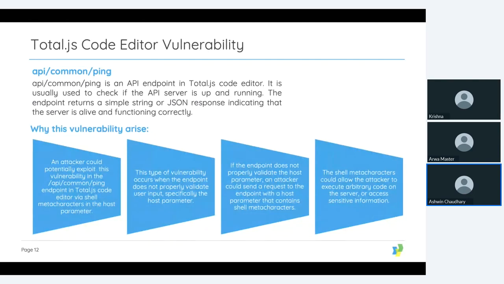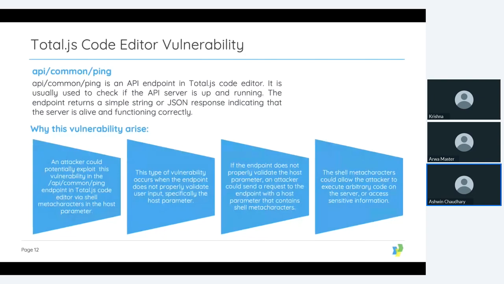So just to reiterate, the API common ping is an API endpoint. Endpoint means you ping to that endpoint to just check whether the server is correctly functioning or not as a health check, right? And in response, it gives us a string or JSON indicating that the server is live. So that's what we are going to use and test the API endpoint in our today's live